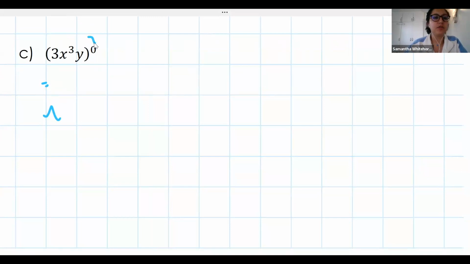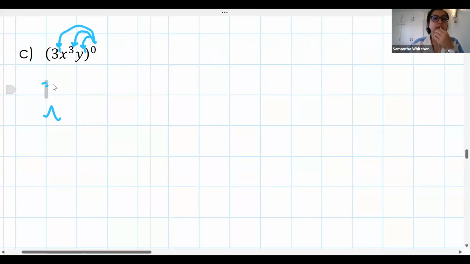I need to distribute this 0 to this exponent of y, which is 1, to this exponent of 3, and to the exponent of this coefficient 3, which remember is 1. All right, so what that means is I am going to end up,